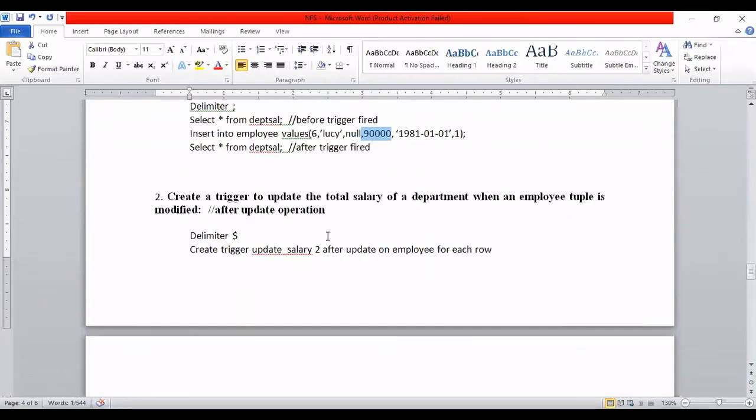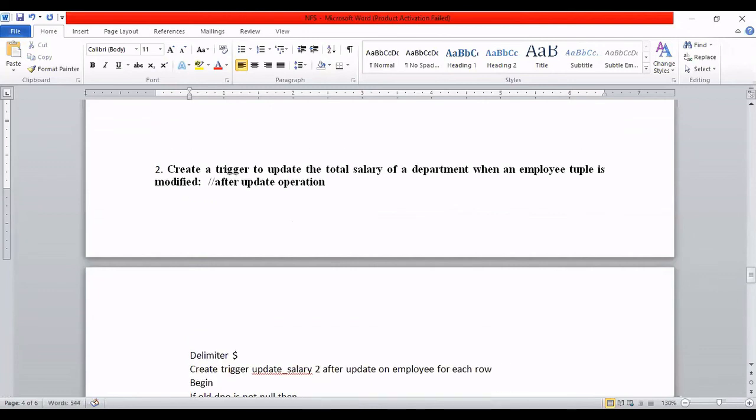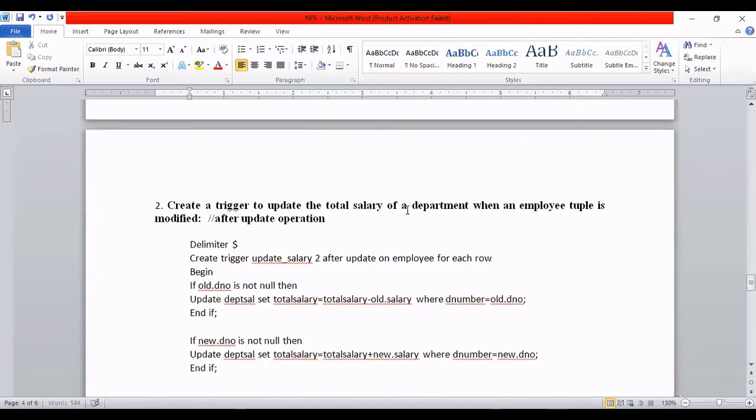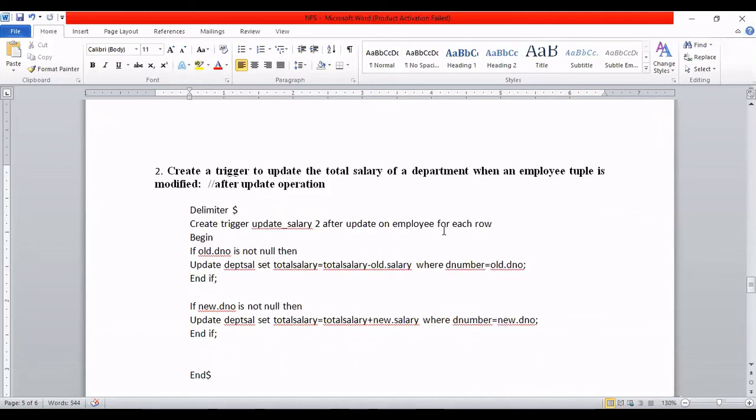Similarly, here the update salary trigger. What is update? You can create a second trigger, delimiter, which fires after the update operation. So instead of after insert, you will write after update, on the same employee table, for each row. Then what is it doing? You are updating the previous salary, let it be 50,000, to 55,000. What will you do? Same thing: update department salary, set total_salary equal to total_salary minus old salary. Why? Because previously it was 50,000, now you are updating it to 20,000. What will it do? First it will...